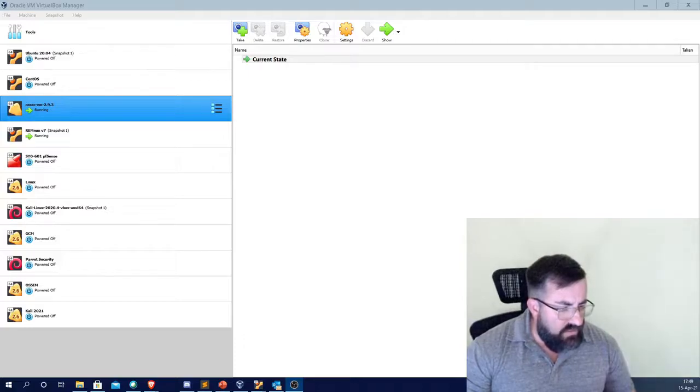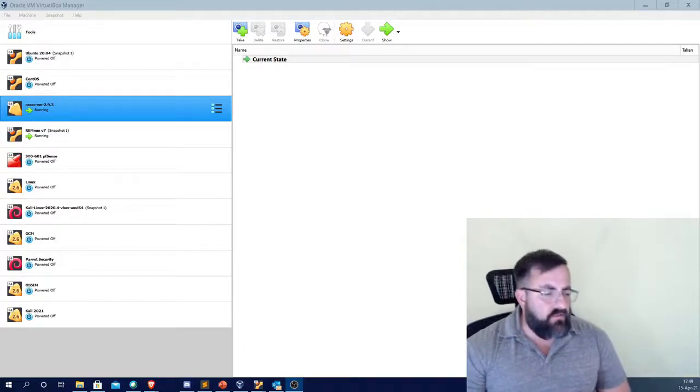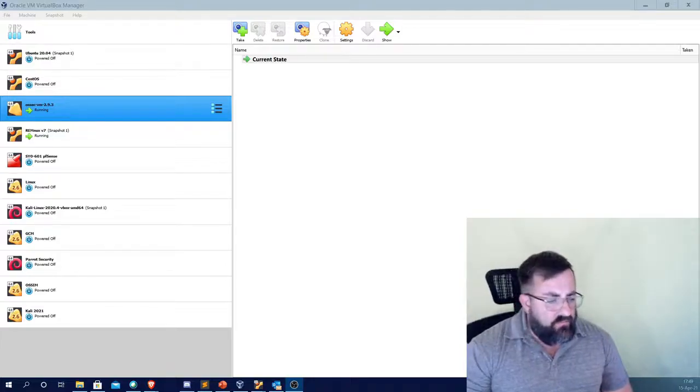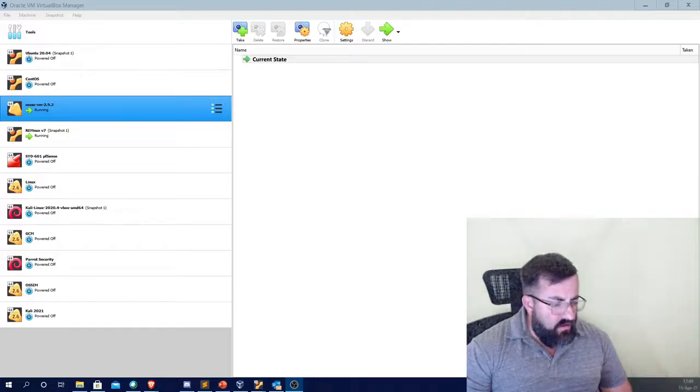Up the gamma a little bit so it's not so dark. That's a little better. I think that's a little better anyway. So now we got that. What are we going to do? We're going to go to VirtualBox, and we're going to open up the